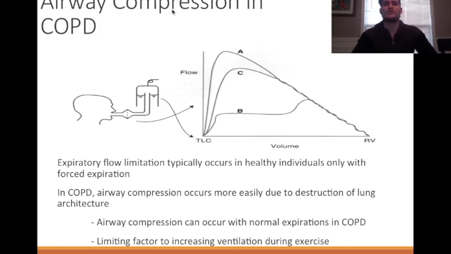A major complication that we see with COPD is airway compression. Since we have a harder time expiring out air, a lot of times we get this airway compression, where the intrapleural space becomes greater than the alveoli, and that could lead to the actual lung collapsing, which is not good. Normally, as we know, transpulmonary pressure, the pressure difference between the intrapleural space and the alveoli,